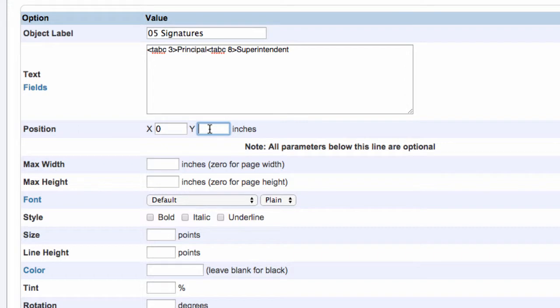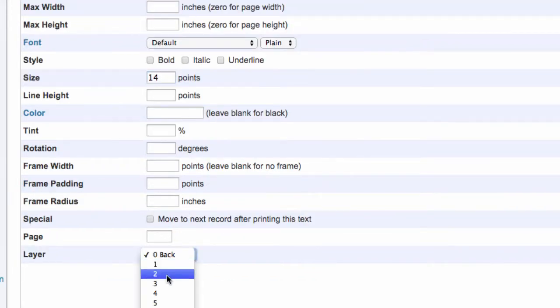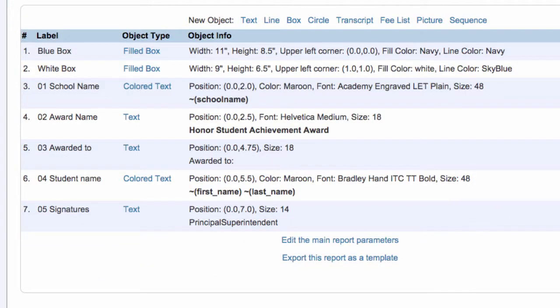I do need to know where I want my Y to be, and it's going to be 7 inches down the page. Once again, I'm going to leave this as the default. I'm going to put it at a 14 point though, and on my layer 2. So by using my tabs, I'm able to position the text on the page. Using the Y coordinates, I'm positioning it from top to bottom on the page, and I've created and added in my 5 text areas. By doing them independently, I was able to change the fonts and the sizes independent of